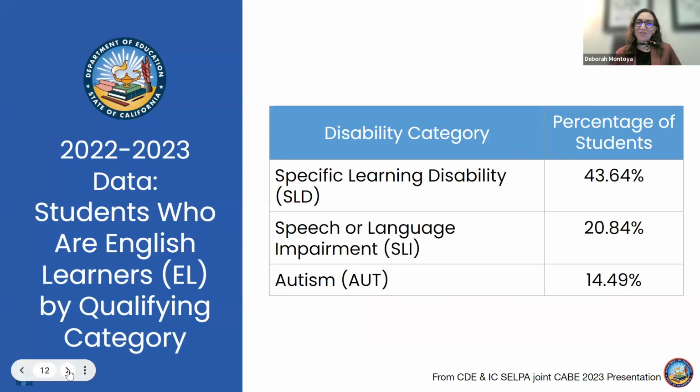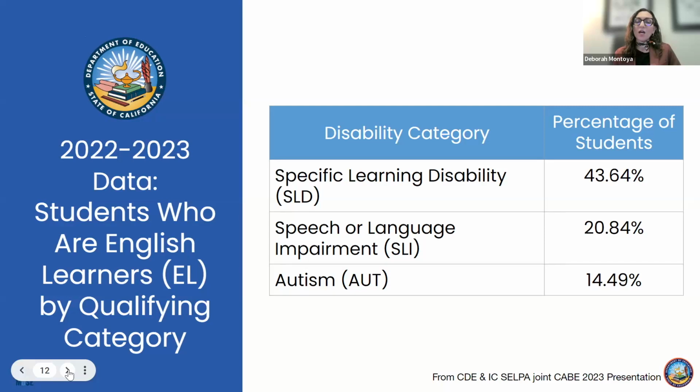So there may be many of you participating today who are special educators, special education directors, ed specialists, etc., who are thinking about your special education data specifically, where you recognize that there are students in special education who are English learners that are dually identified,